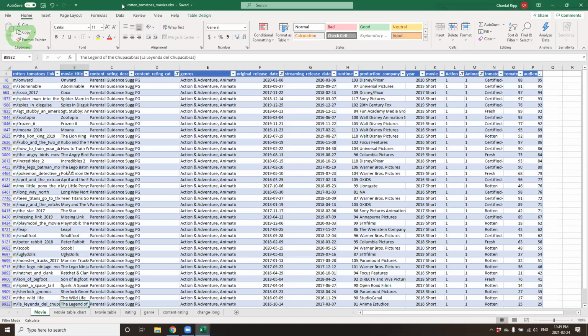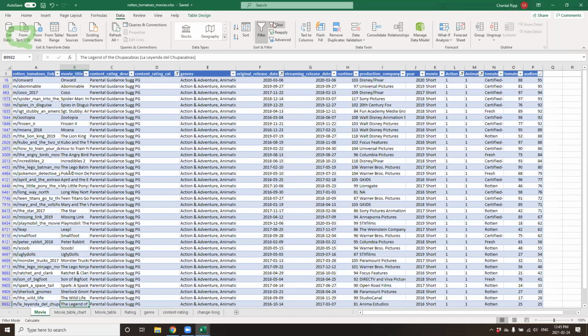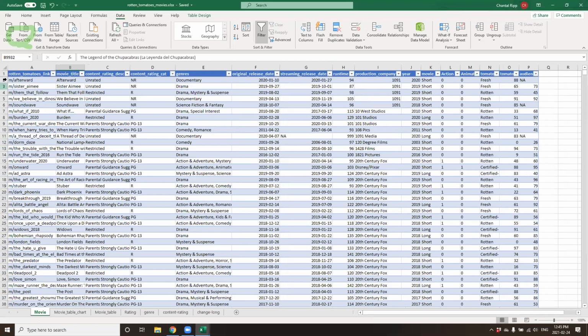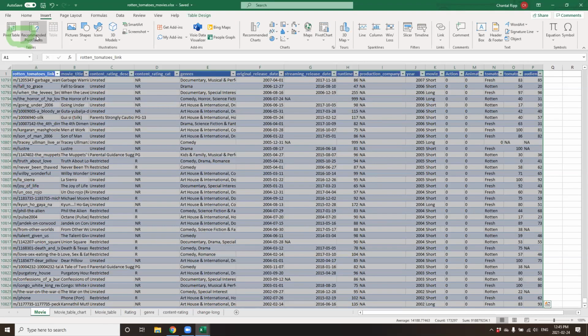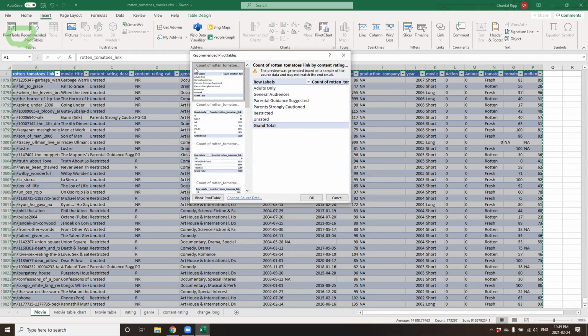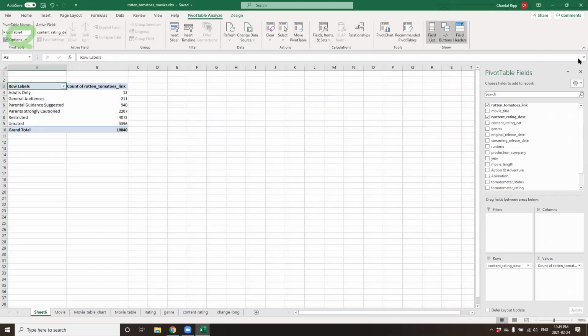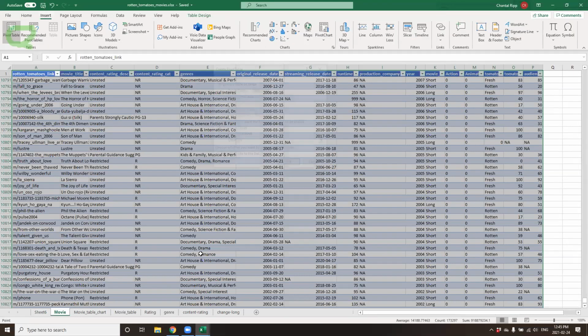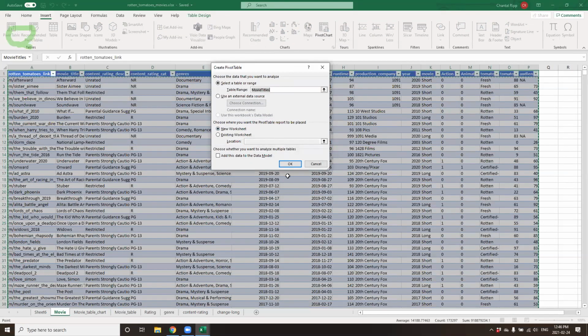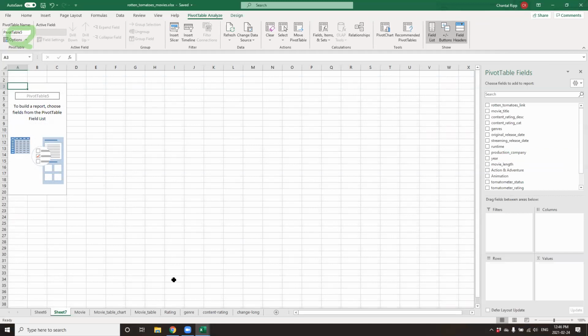I'm going to quickly just show a very fun feature. I expect this is going to be very fast, but one of the great advantages of Excel is having built-in analysis features. A recommended pivot is a good item to know. It will look at your data set and recommend tables that advise or aggregate your data in a certain way. Or you can come in and insert a pivot table.